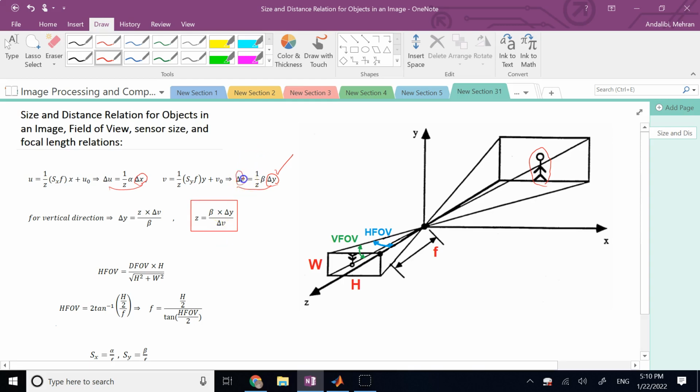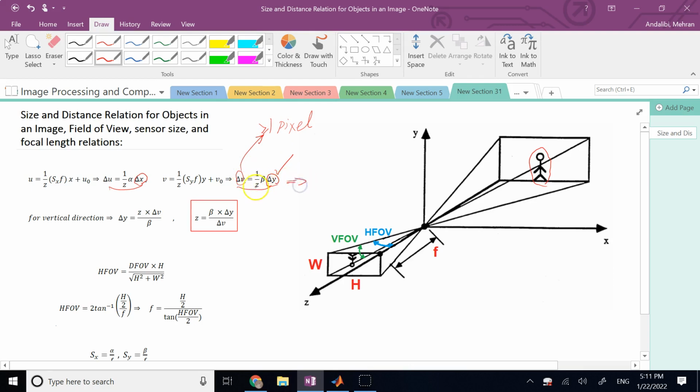That's where this guy is like 1 pixel. This guy has to always be bigger than or equal to 1 pixel, otherwise it's impossible for you to see it. Correct? If that delta V is the minimum it could be,